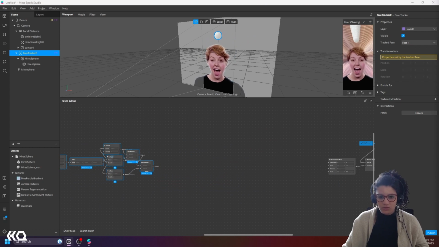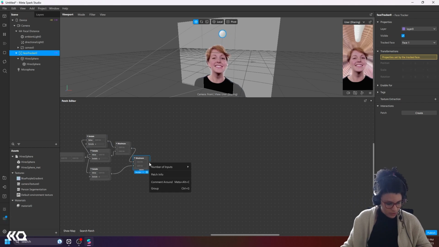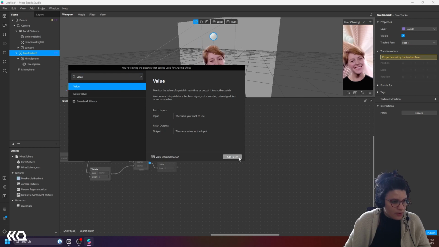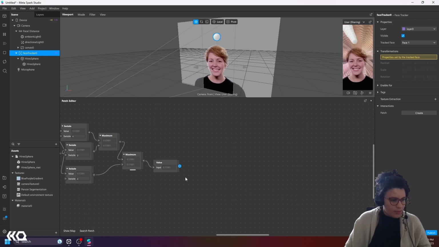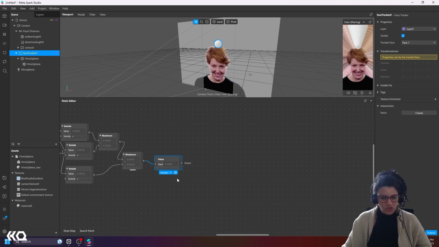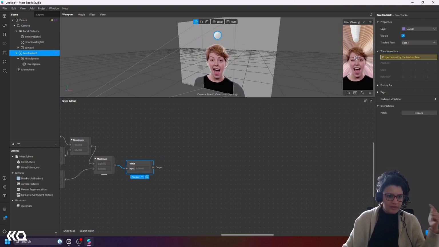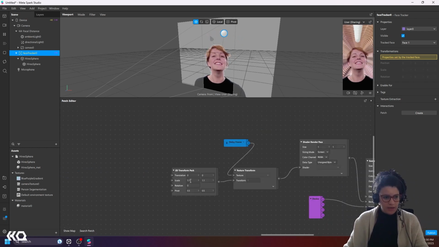The next thing that I want to do now that I did this is I have one value, which is what I want. And this value, I hope, moves anywhere between 0 and 1. So it seems to be in that range. Yeah, 0.9, almost there. Last time we were talking about the from range and to range, but we also talked about the transition node. And instead of using a to range, because I could do this to make the number go from 0 to 1 and from 1 to 1.1,